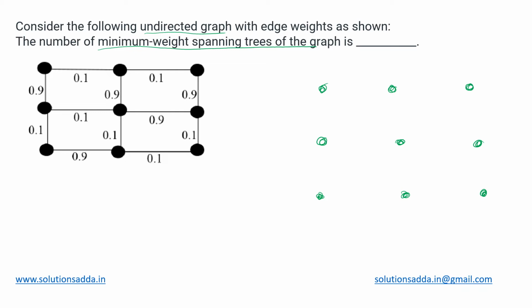So let us start with this vertex, and we will be following Kruskal's algorithm. We'll keep adding the edges with minimum weight such that they do not create a cycle. We'll start by including this edge first, having the weight of 0.1. This edge is included, then we can go ahead with this one, 0.1. Now in this upper component, there is no other edge having the minimum weight of 0.1. So now we'll go for the lower component, and we can include either of